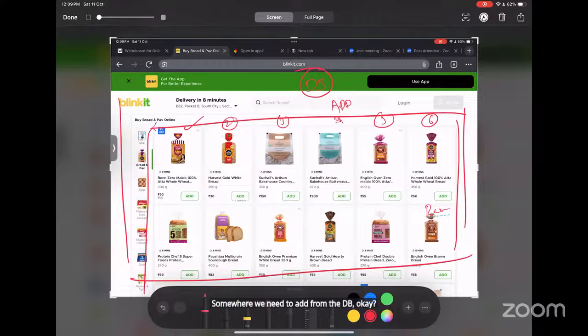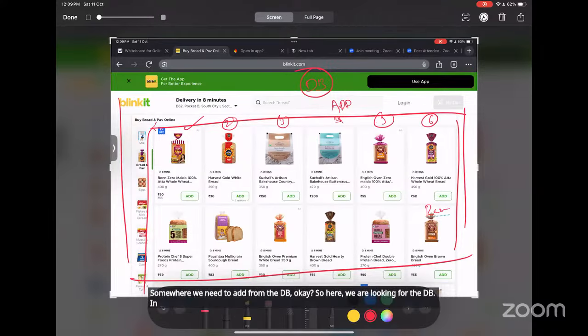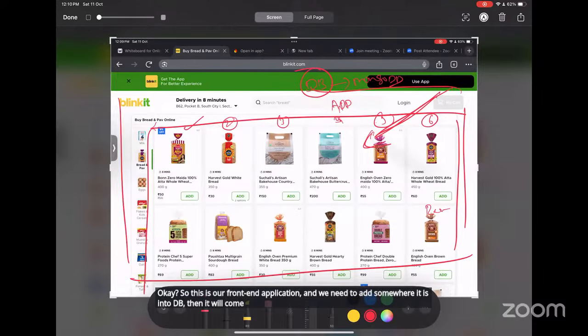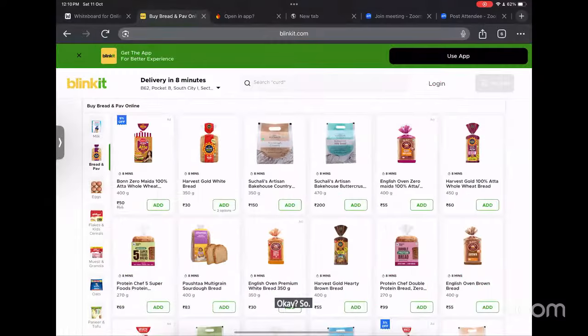Here we are using a DB, nothing but a database. In the databases, we are using MongoDB. So this is our front end application, and we need to add it somewhere into the DB. Then it will come like this.